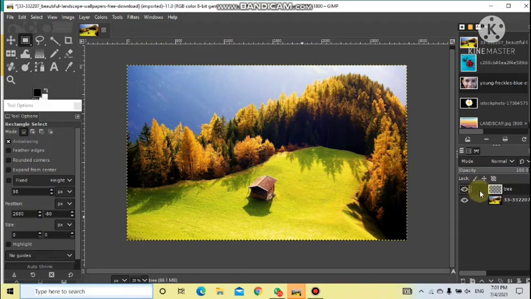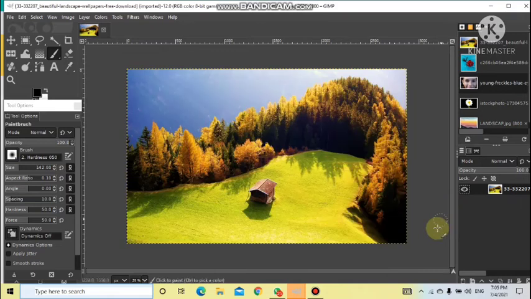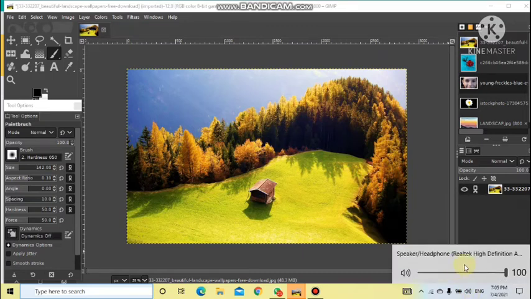Another button just next to it is for locking and unlocking. If the layer is not locked, then that chain icon will not be visible. If you want to lock it, click just next to this eye icon, and you will see the lock icon there, highlighted with the chain.